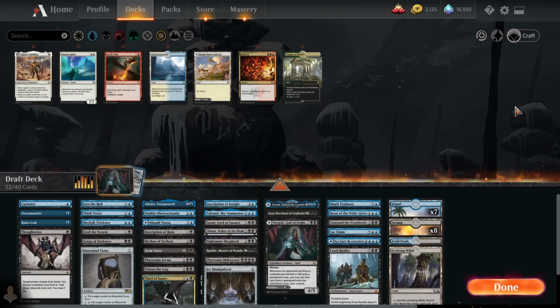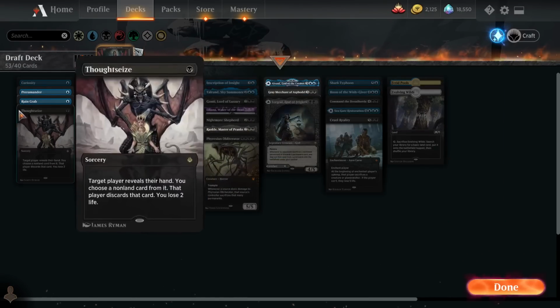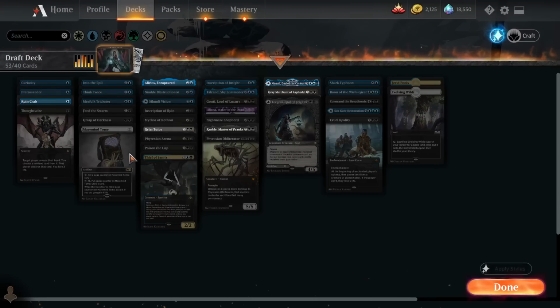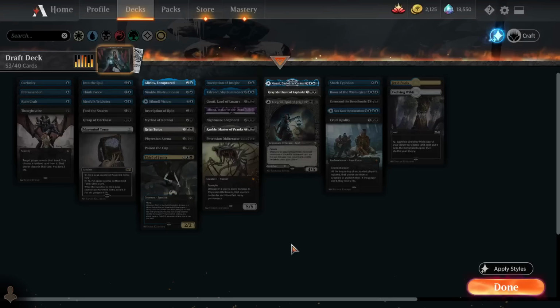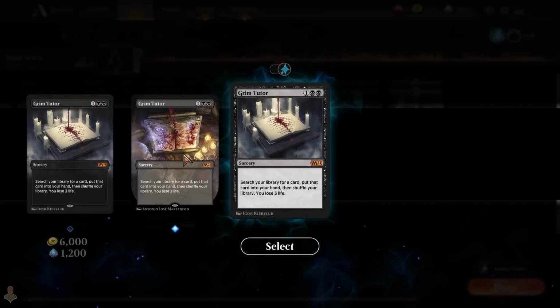Okay, so we are in the deck building phase now. Let's see what we decide to build here. I think I'm just going to cut every blue card first, and then I'm just going to put them in one by one, just put in the best things to splash. Definitely not going to go for any double blue costs,